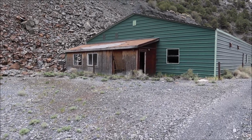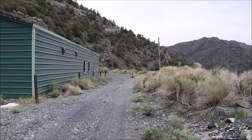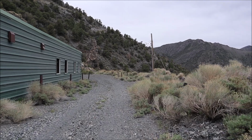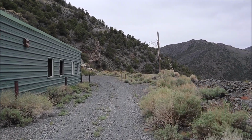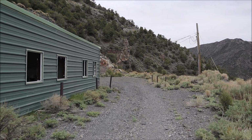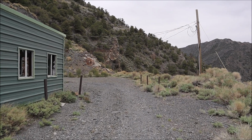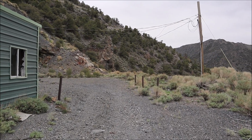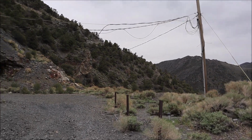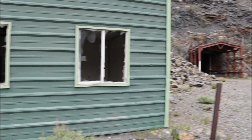Let's walk around the building first. And I saw some power lines. I was wondering when I was first coming up to the Horton mine what those power lines were going to. Now I know. So the Victorine mine is relatively recent in comparison to a lot of the other mines, judging by the fact that it still has power, a fully intact building, and coming up,